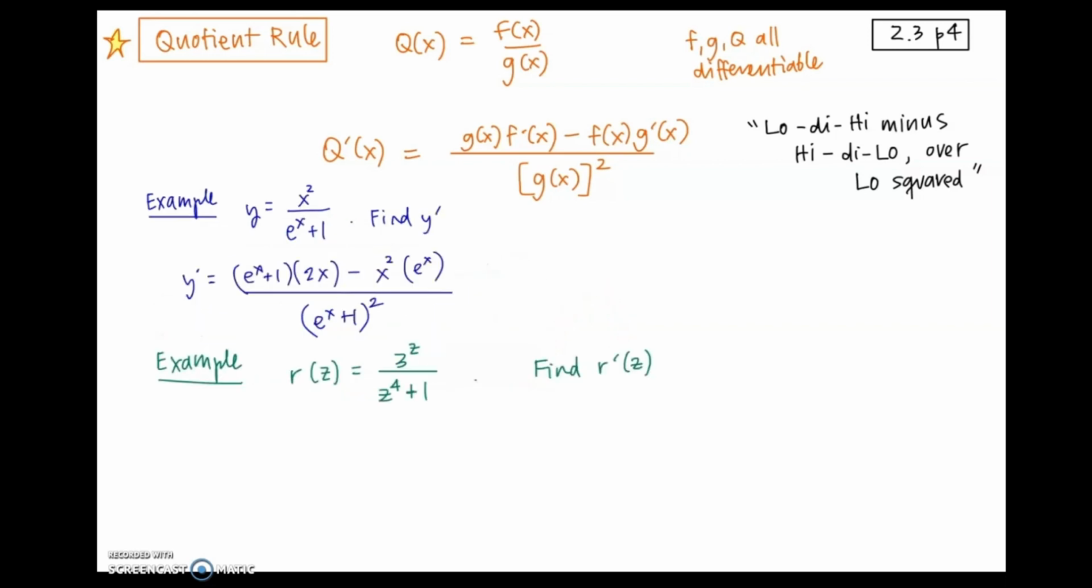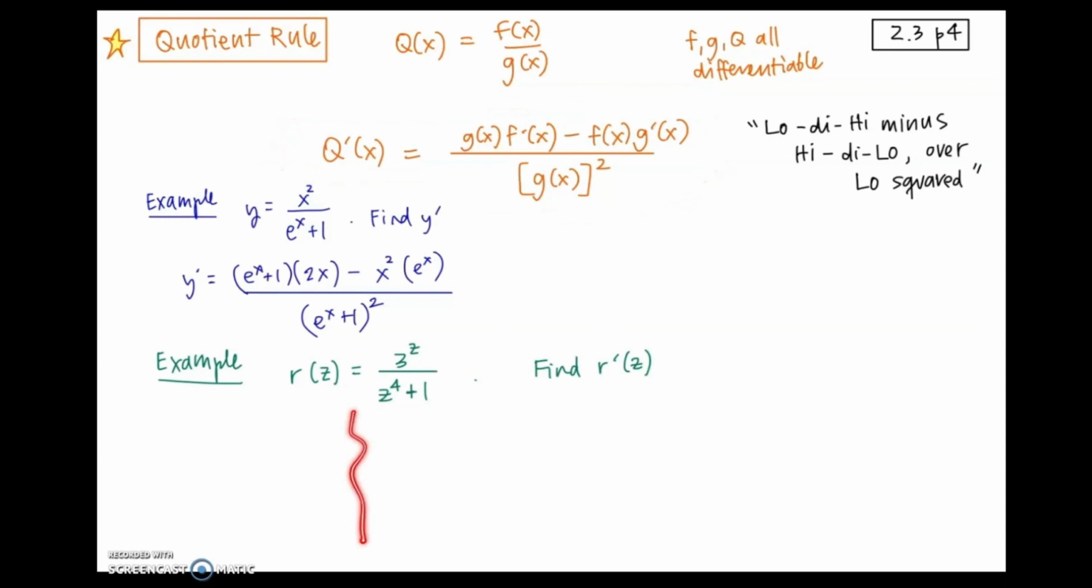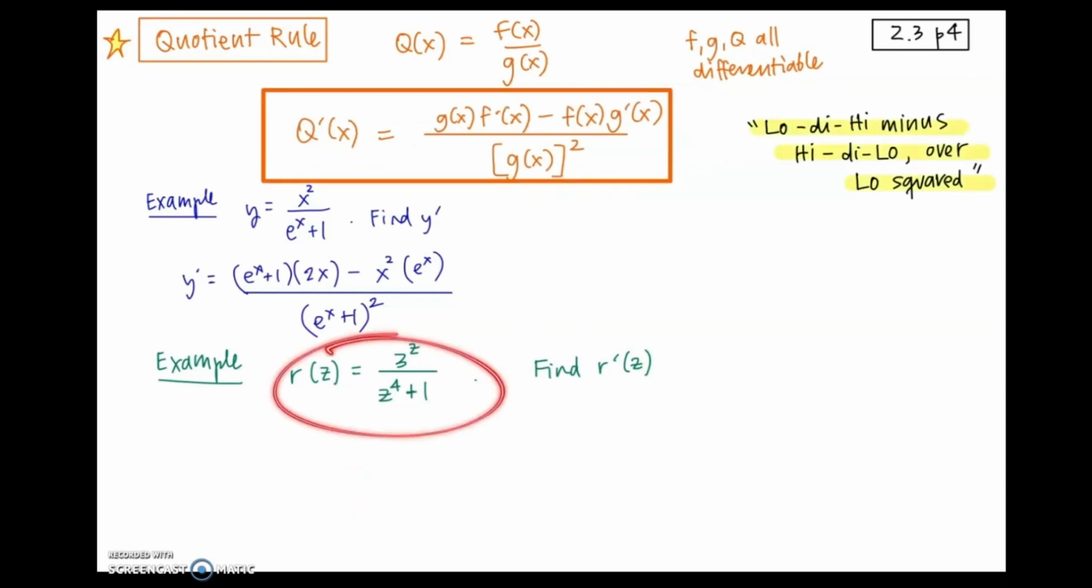So we'll try another example. Here we have r of z is the function 3 to the z over z to the 4th plus 1. So it looks like we have an exponential function over a polynomial function, and it definitely qualifies to use the quotient rule because this whole function is the quotient of two other functions. So I encourage you to pause the video and try to find the derivative on your own using the quotient rule, and work it out and see if you get the same thing that we'll get in just a minute. All right, so hopefully you've tried this one out, finding the derivative of this using the quotient rule,